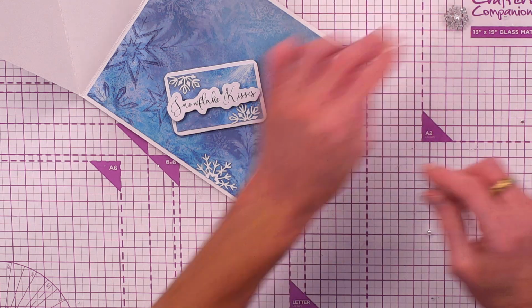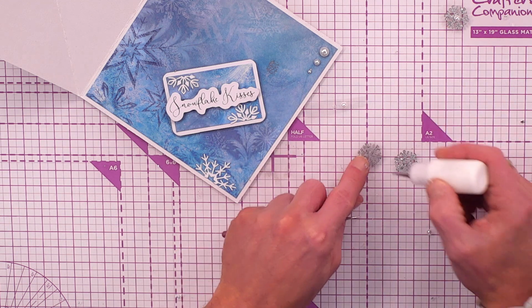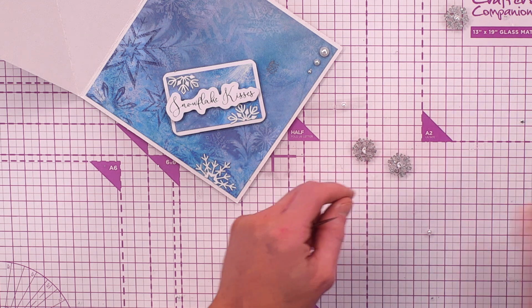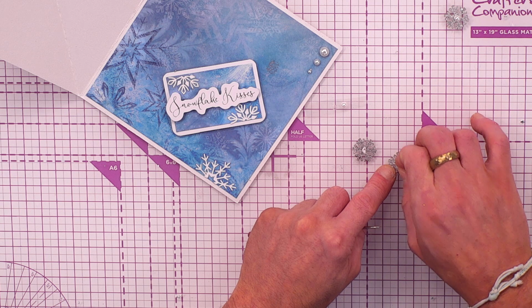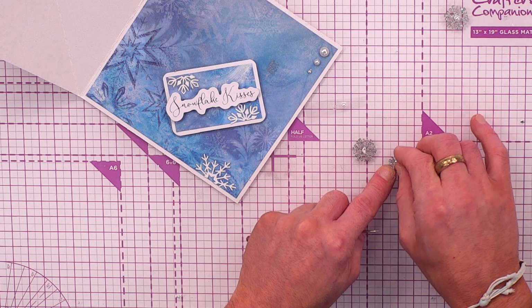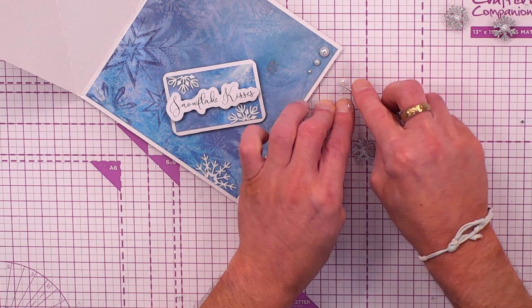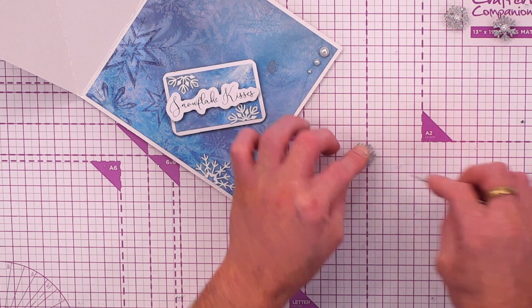Press that one in, and then while we're here, what we can then do is add a couple of the petals into the other 2 that are pre-done. We're just going to pick up that one, pop that one into place. We're just going to level that one off into here, set that one out of the way, and then what we can then do is take that final one, ready for us to come along, decorate and finish the front